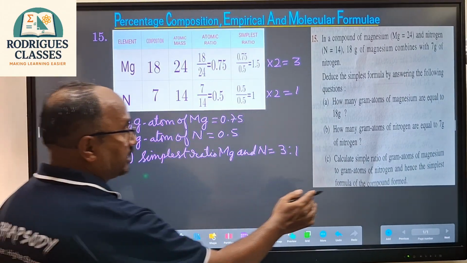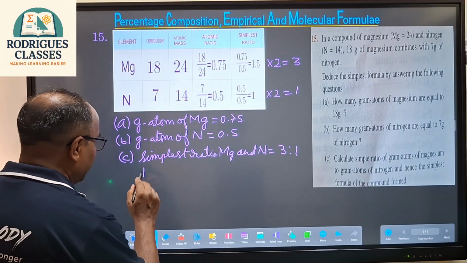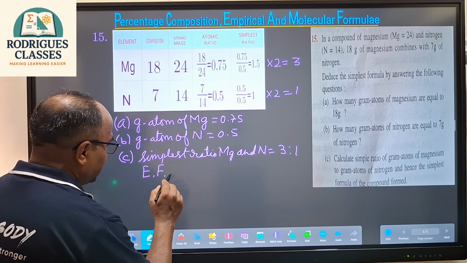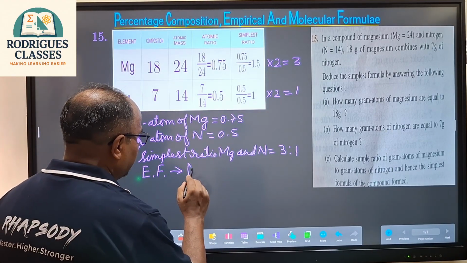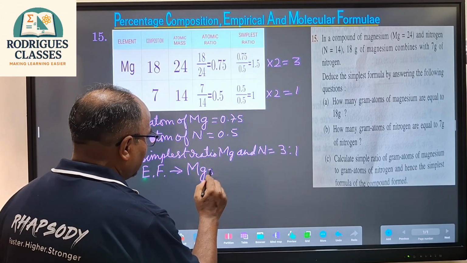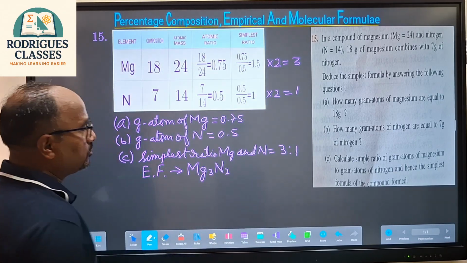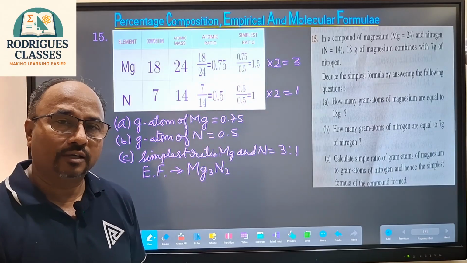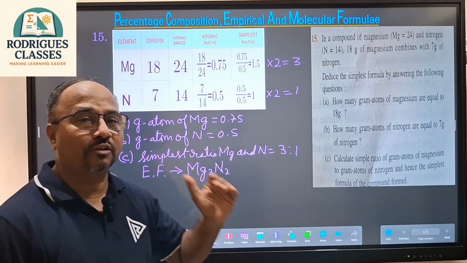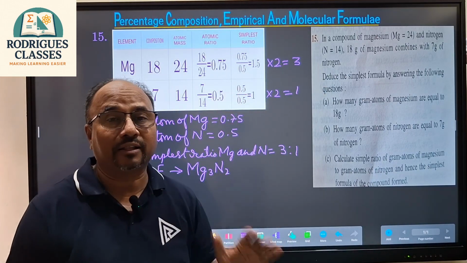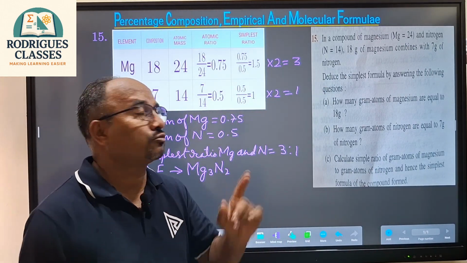अब हम लोग को पूछा है कि उसका एम्पिरिकल फॉर्मूला बताना है, तो सिंपलेस्ट रेशियो से ही एम्पिरिकल फॉर्मूला रहता है। तो Mg का 3 आया और नाइट्रोजन का 2 आया, तो ये मैग्नीशियम नाइट्राइड हो गया। इस तरह से न्यूमेरिकल हो गया खत्म। तो जो थोड़ा डिफरेंस था, वो डिफरेंस को पकड़ो कि डेसिमल में जब आता है ठीक 0.5 में, तो उसको कैसे किया जाता है।